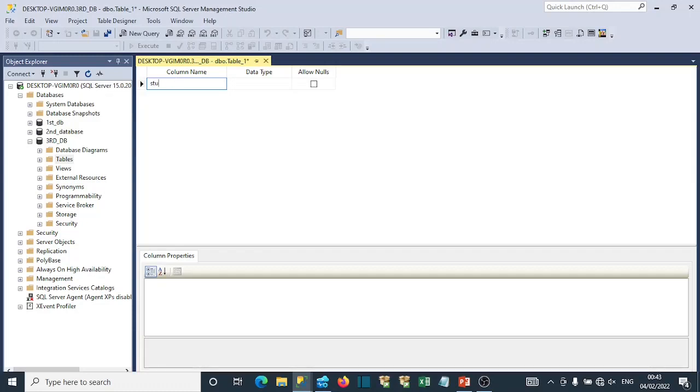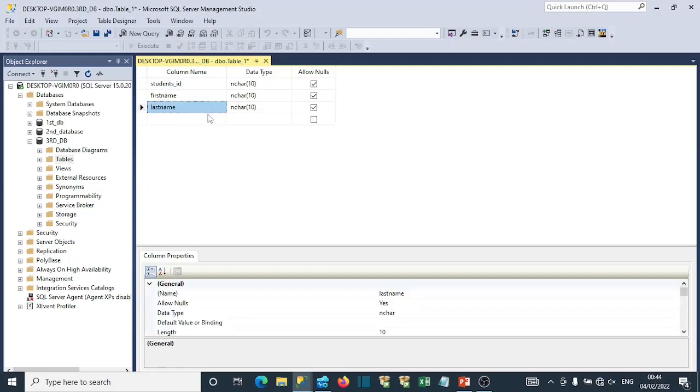Just like I said before, I want to list a table that contains the student's ID, student's first name, and last name,